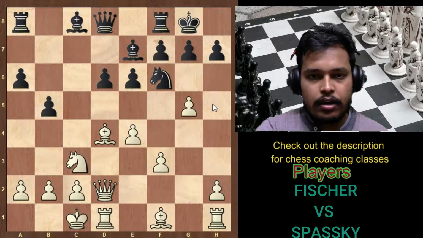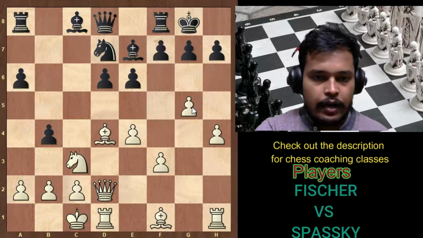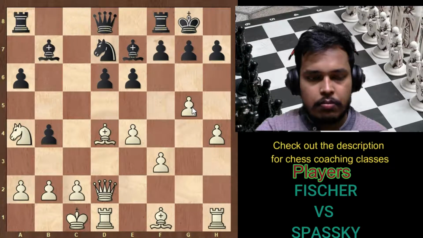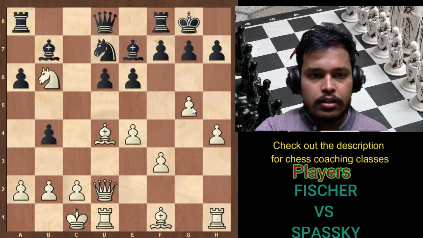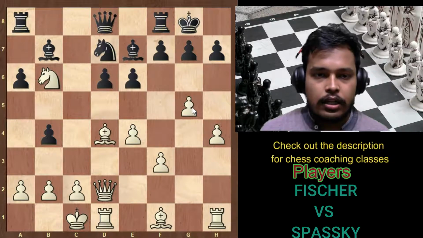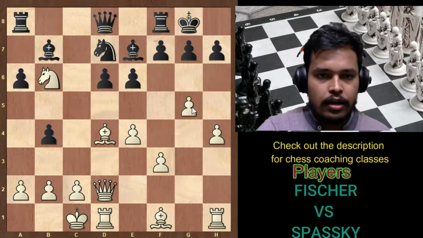White attacks the knight, the knight goes back to d7, and h4. Since the pawn is attacked twice, white defends the pawn with h4, and black attacks the knight on the c3 square. So the knight goes to a4 and bishop goes to b7. Here the interesting idea is knight to b6. Now in the game what happened, the knight wasn't captured, and